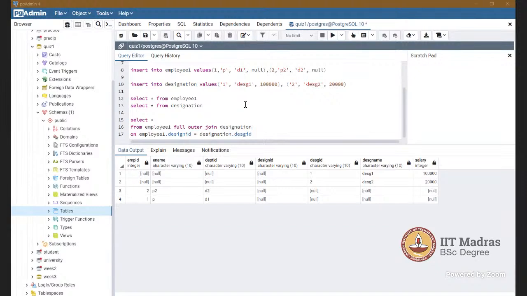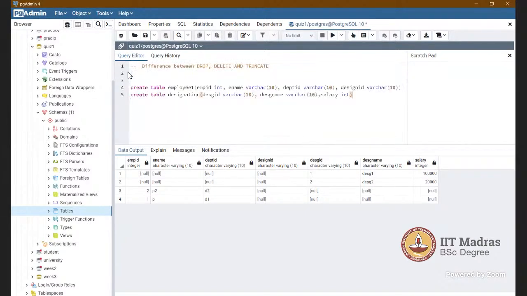We can discuss drop, delete, and truncate. What is the difference between them? Same example table you can take.